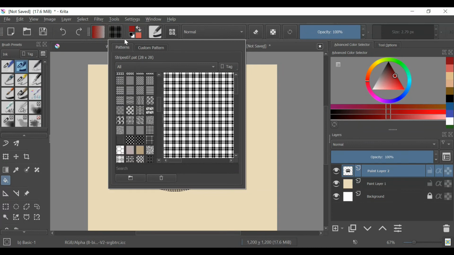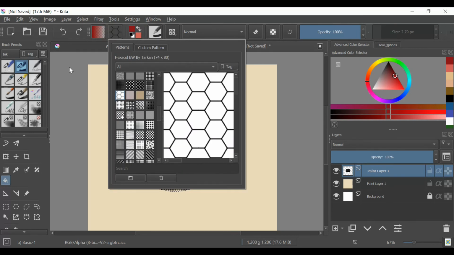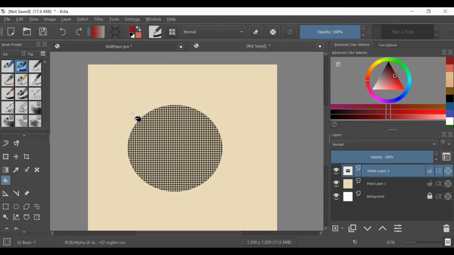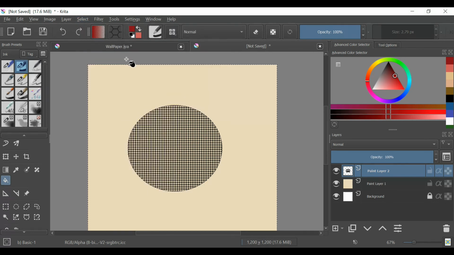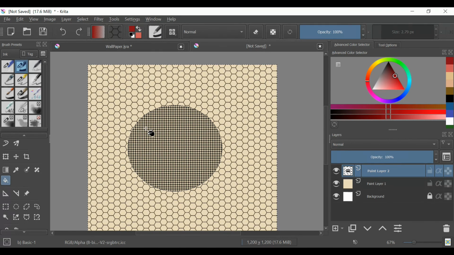You can even change the pattern. Let's do, I don't know, let's do these hexagons. And something I forgot to mention earlier is you can actually invert the selection. And what that means is if you go up to here on the very, very top and hit the select, you can go to invert selection, and then it just inverts the selection. So what was selected before is no longer selected. So this circle is no longer selected, and instead the rest of the canvas is. So then you can go ahead and fill or paint or whatever in